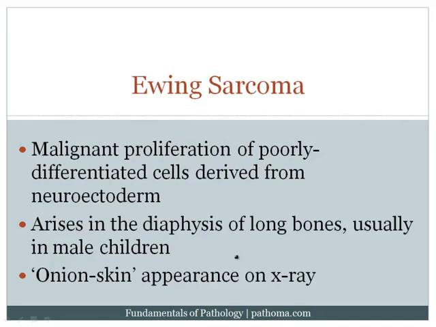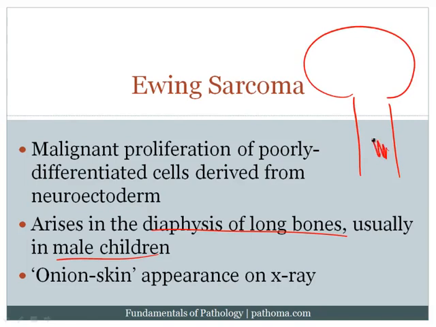Ewing sarcoma is a malignant proliferation of poorly differentiated cells derived from neuroectoderm. Board examiners like you to know that Ewing sarcoma is derived from neuroectoderm. It arises in the diaphysis of long bones, usually in male children, so basically it would be here, and it grows inside the medullary cavity. Now as it grows inside the medullary cavity, it is then going to push on the surface of the bone, and as it pushes on the surface of the bone, you're going to get layering of new bone by the